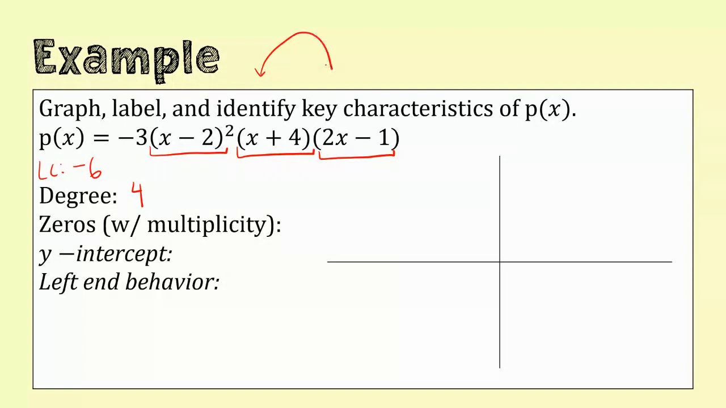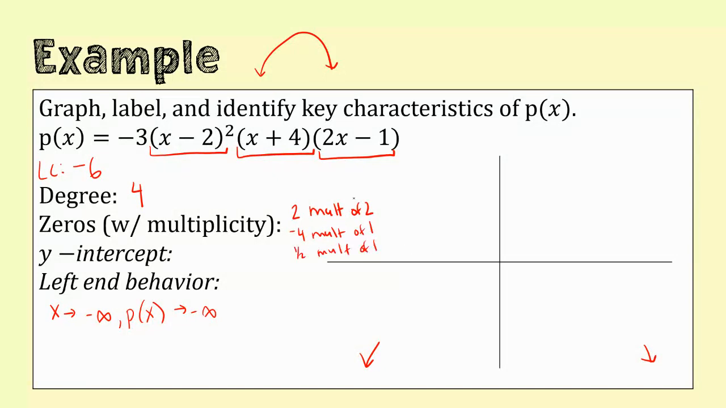It's going to behave like a parabola opening down. In fact, I can even draw these arrows on here. Therefore, my left end behavior is x goes to negative infinity, and P of x is going to go to negative infinity. I know that right away. The zeros with their multiplicity: 2 has a multiplicity of 2, -4 has a multiplicity of 1, and 1/2 has a multiplicity